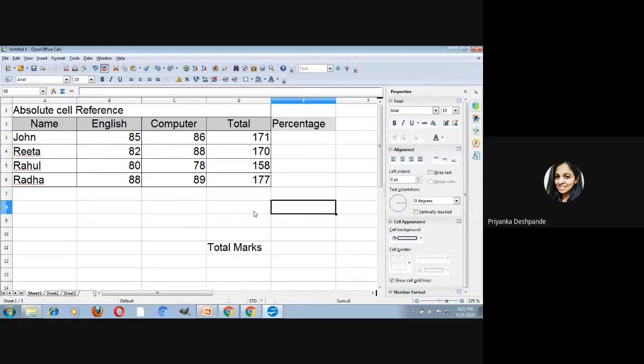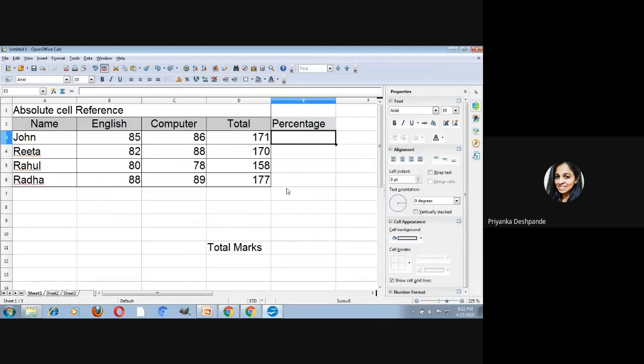Now students, next I want to calculate percentage for all the students over here. Okay, how to calculate percentage? We know the basic formula for finding out the percentage.